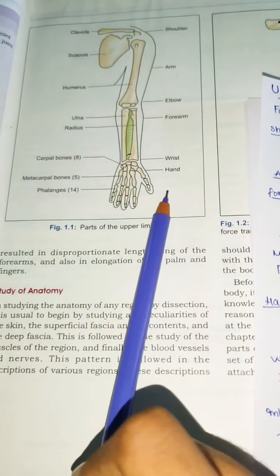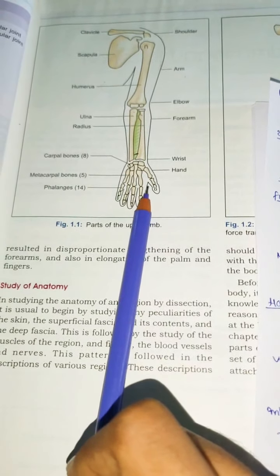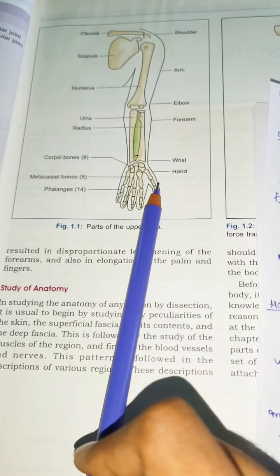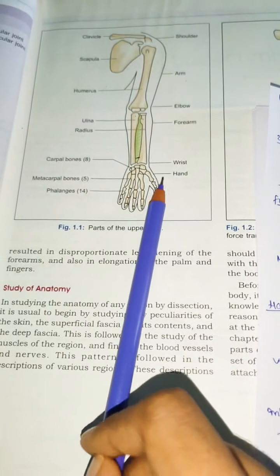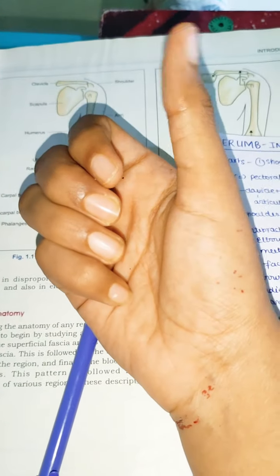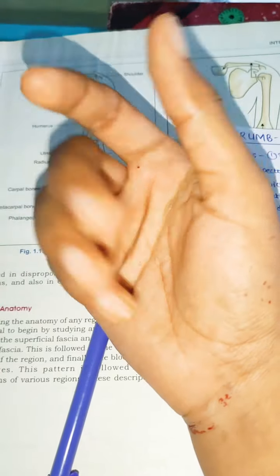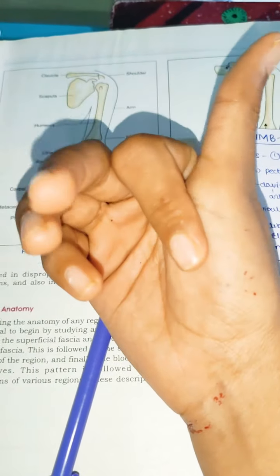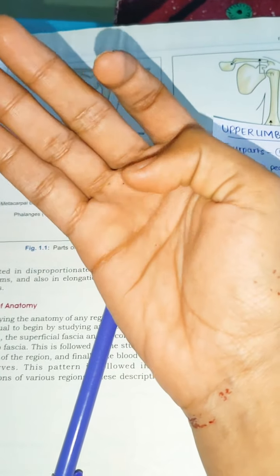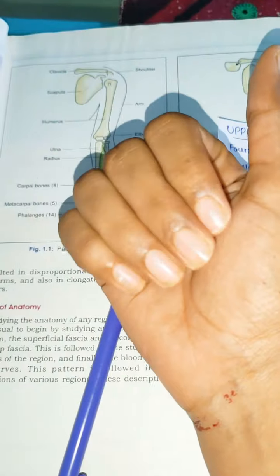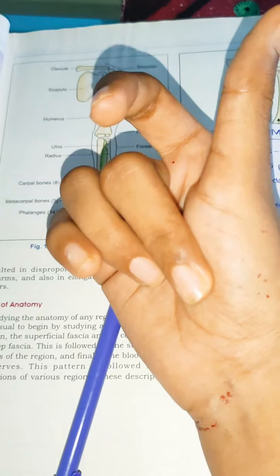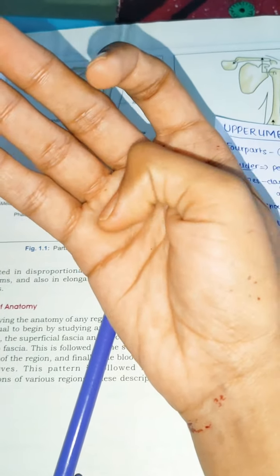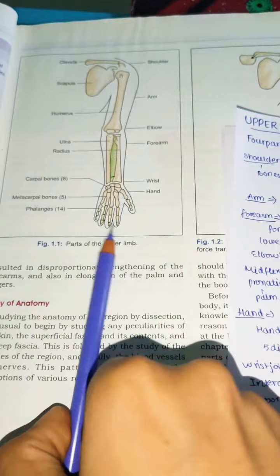So next, coming to the thumb, it has the first carpometacarpal joint, with the carpal and metacarpal directly, no phalangeal joint here. The thumb's first carpometacarpal joint is movable. You can see it's coming from the carpal to the metacarpal. You can see the movement of the thumb there, but the movement of the fingers is due to the metacarpophalangeal joint. Because of the metacarpophalangeal joint, fingers move, but the first one, the thumb, moves by the carpometacarpal joint. This is the metacarpophalangeal joint, for the 4 fingers.